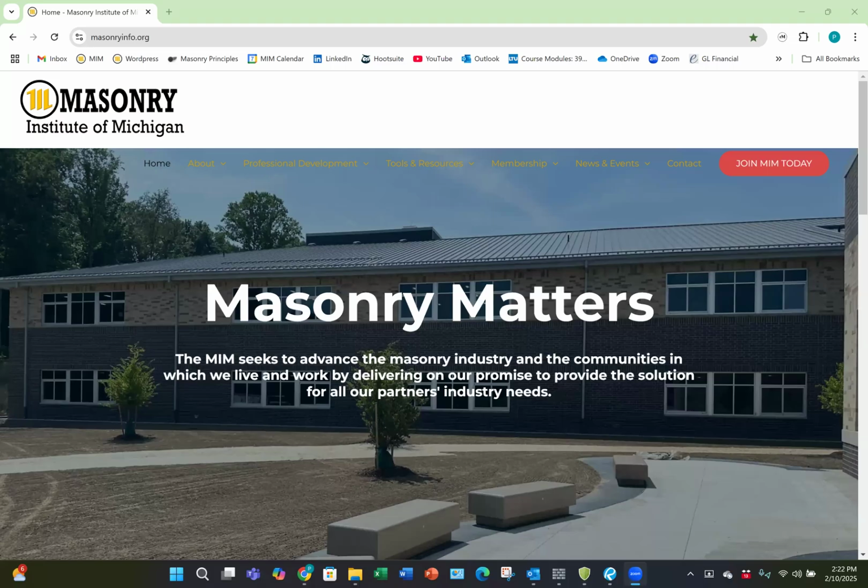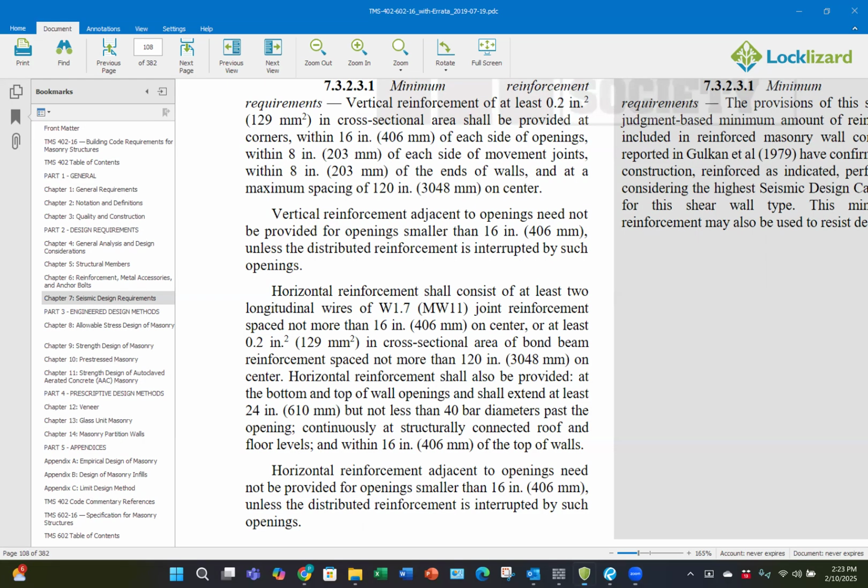Today we're going to answer a common question that we get, and that is, what is the maximum spacing of vertical reinforcement in reinforced masonry wall construction? And to answer that question, we're going to look at our TMS 402, which is our building code requirements for masonry structures. And the only place that we have a maximum spacing for vertical reinforcement in masonry walls is actually